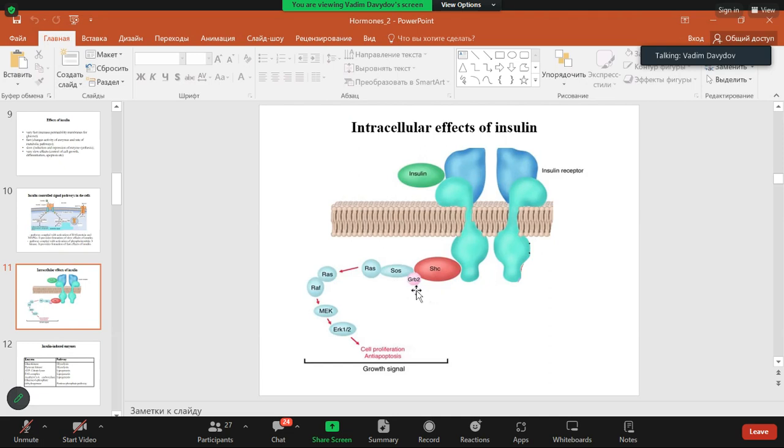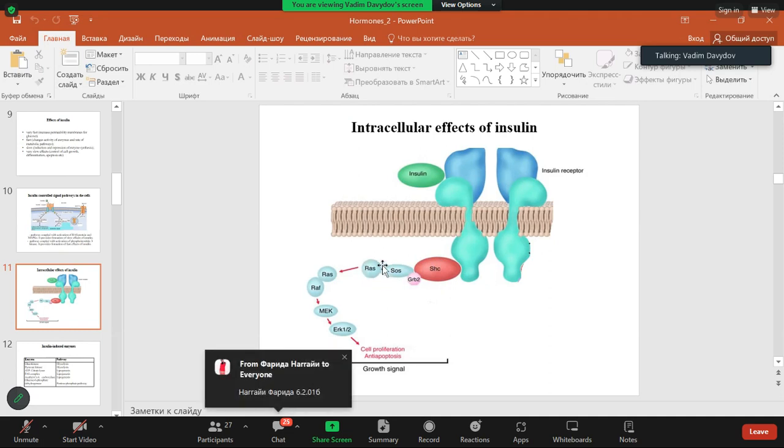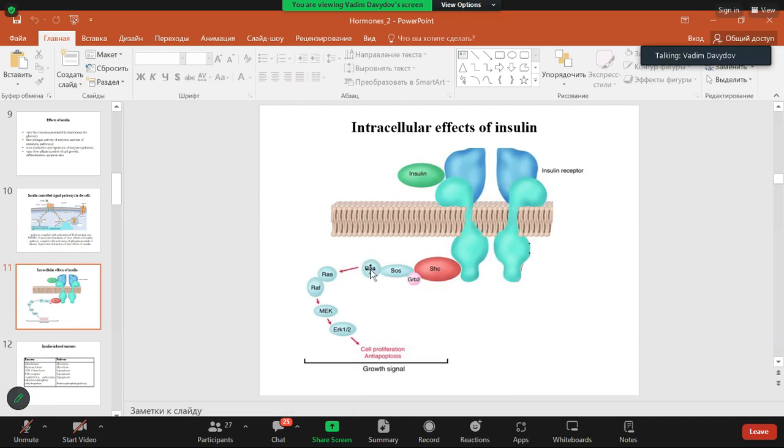After formation of that complex, it gets the ability to bind the specific GTP binding protein RAS. RAS binds GTP, and in the complex with the other proteins binding with beta subunits it gets catalytic property, and as a result leads to activation of